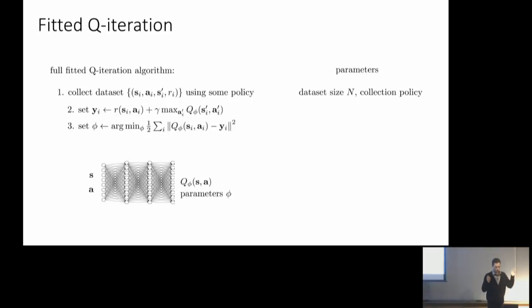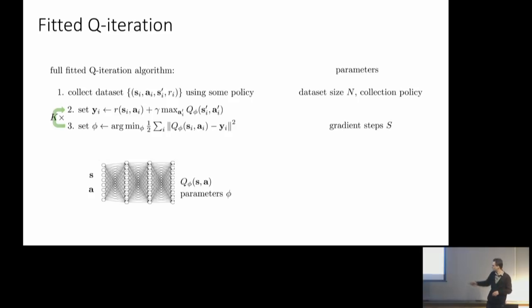So you have a Q function, it takes in states and actions, it has parameters phi, and it spits out scalar values. And you have to choose how many gradient steps you're going to use to train it. Sometimes you might take just one gradient step. If you collected a very tiny amount of data, maybe you don't minimize all the way, you just take one step. If you collected a huge amount of data, maybe you want to take more steps. So this is an important choice. And different algorithms are actually different limiting cases of those parameters.